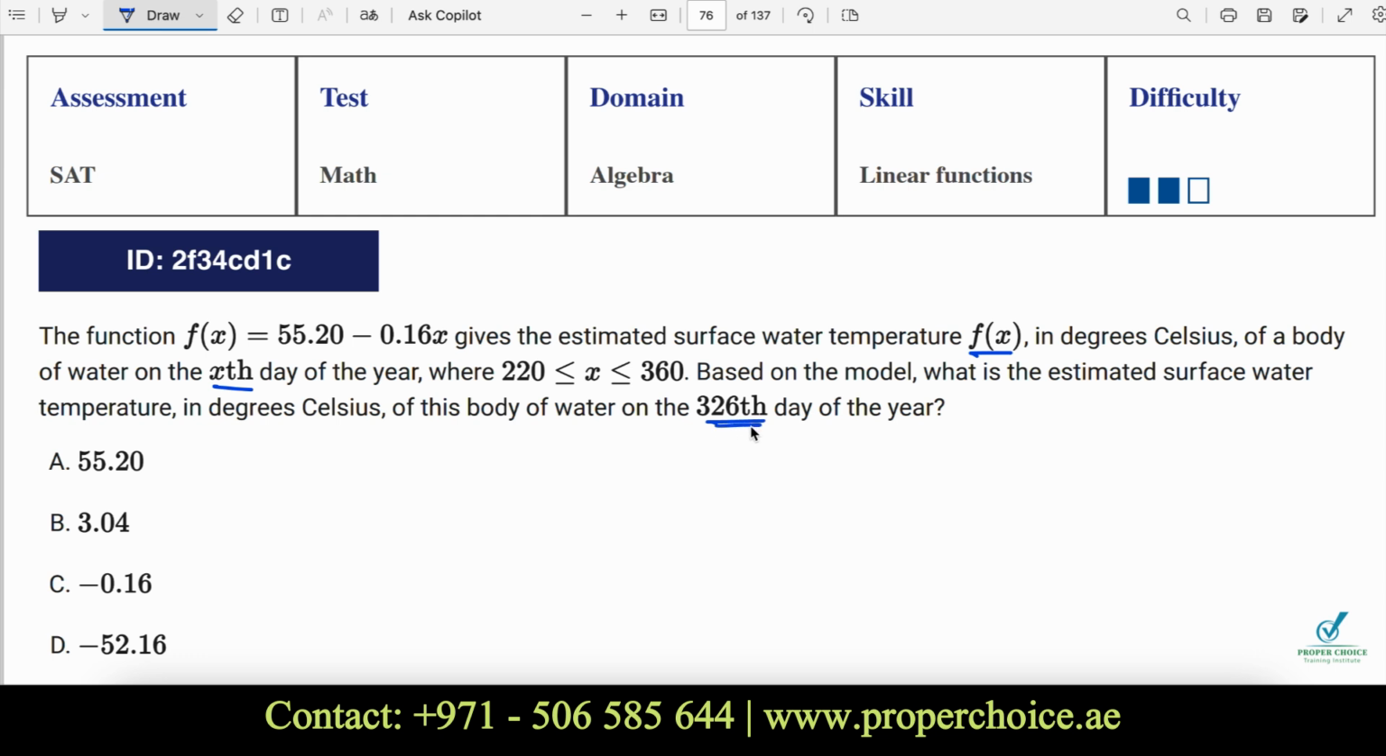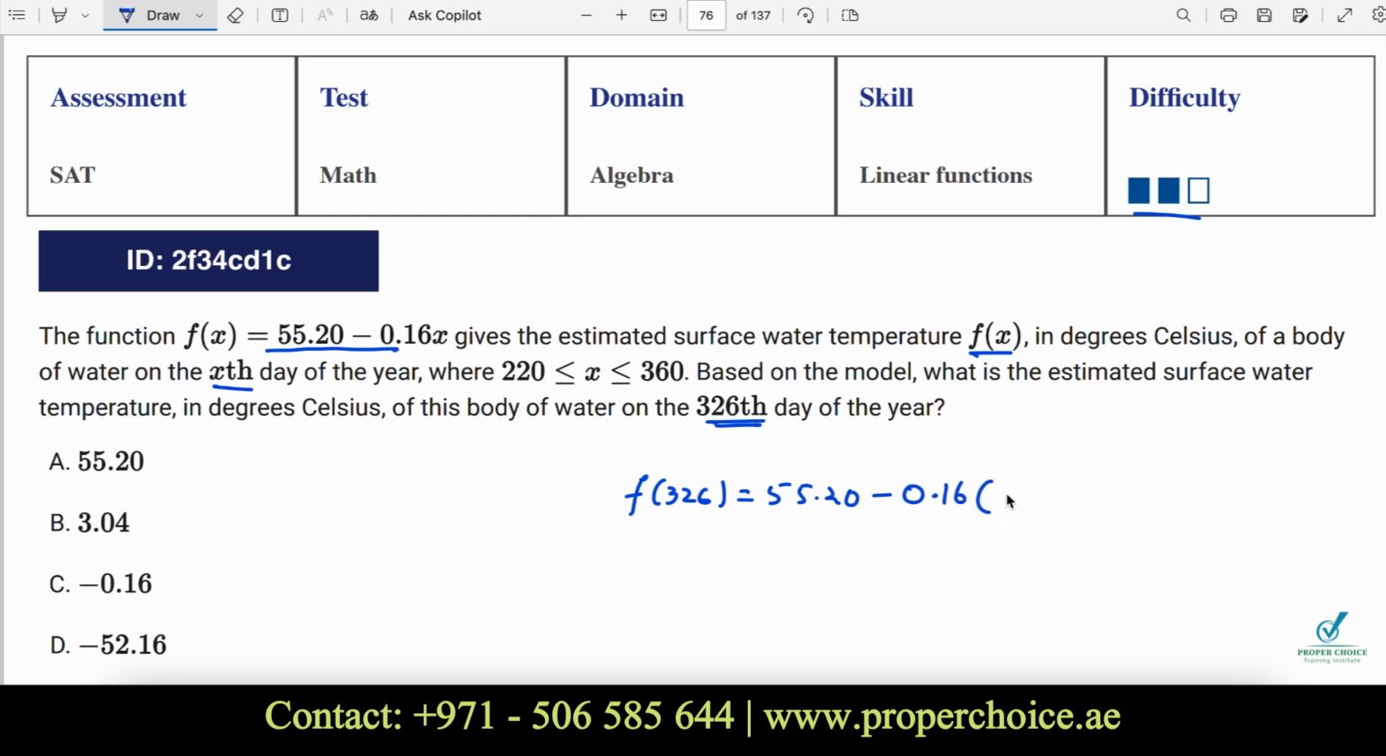It's very simple. I don't know why they say difficulty level is medium. It's a simple question. So we simply need to substitute x as 326 in this equation. That itself will get the answer. So f of 326, which is equal to 55.20 minus